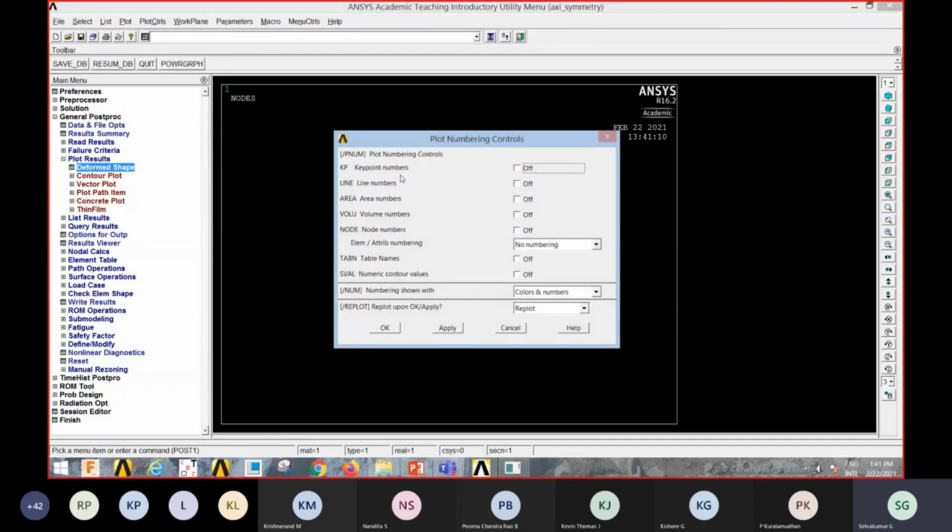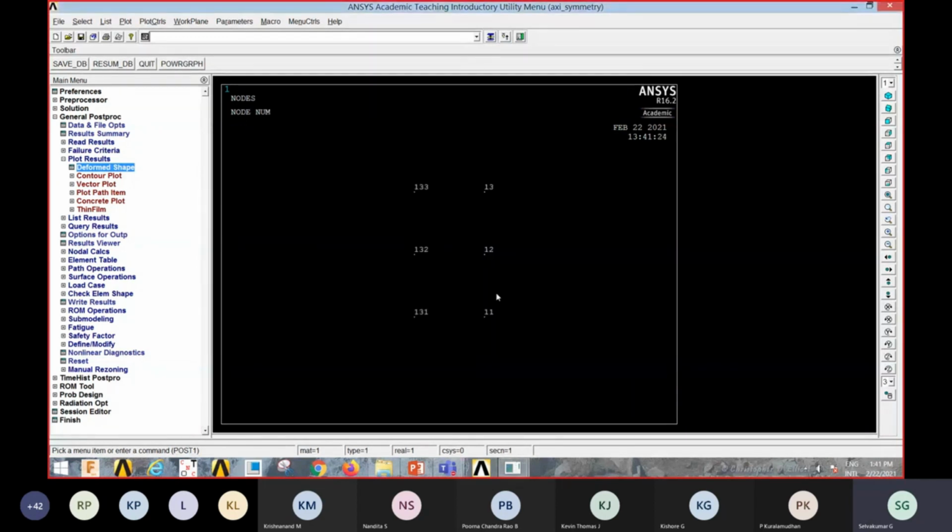Choose node number on. Here element numbers you have to set and OK. Click on OK. If you understand, node numbers 131, 132, 133 are internal nodes. This is the internal wall. This is the outside wall. 11, 12, 13 are outside wall.